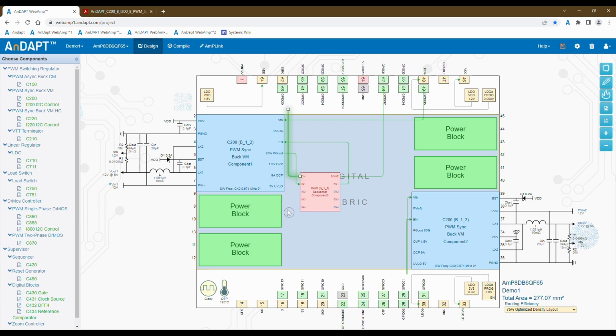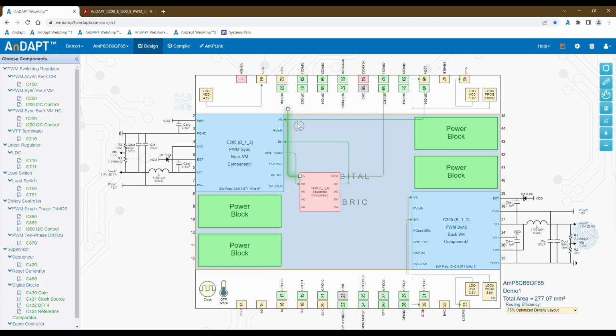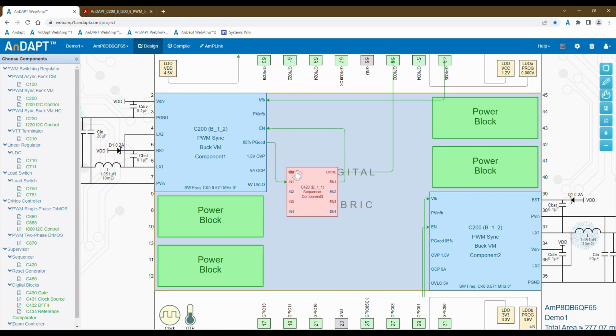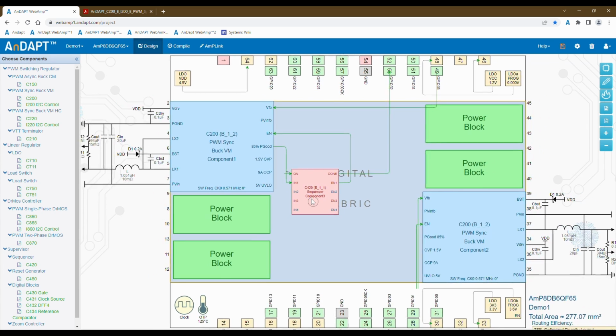The way the sequencer is set up right now, if I leave this wire hanging, the tool will automatically assign a GPIO pin for that signal. Right now, I'm going to delete that wire, come in here and right-click the on signal and set it to high. So internally, as soon as configuration completes, this enable signal will go high, and it will start the sequence automatically.